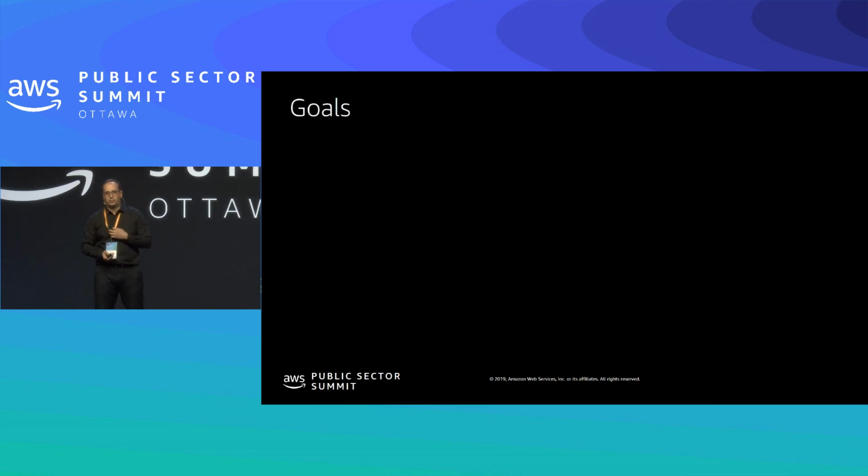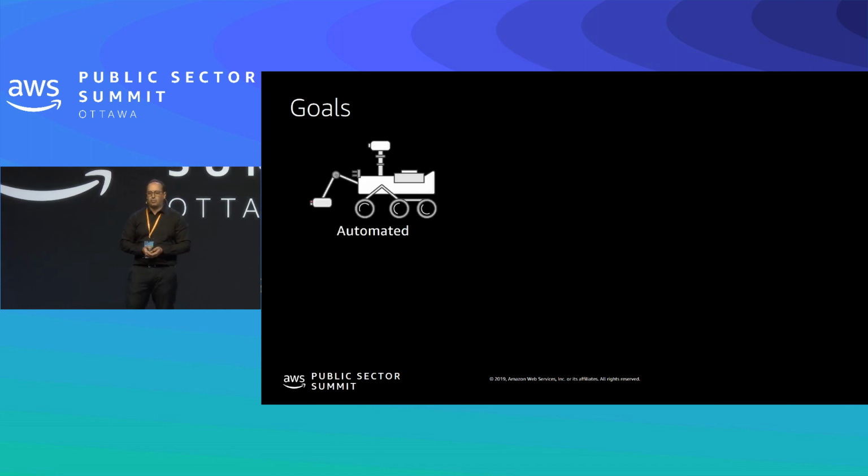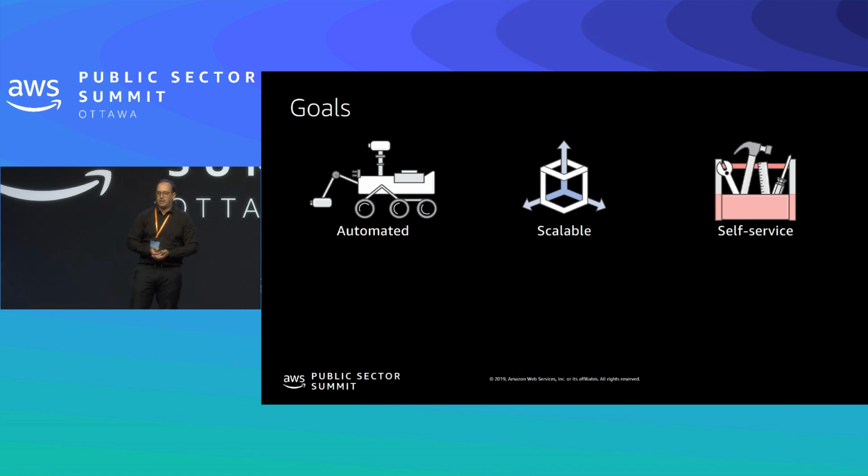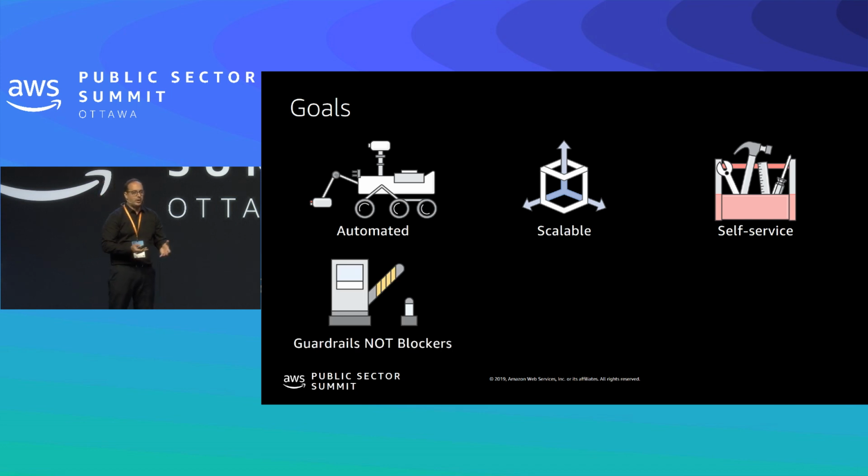So we want some goals. How can we improve, and what do we want in a multi-account strategy? Well, we want automation. We want to be able to create AWS accounts in an automated way. And we want it to be scalable, whether it's 5 accounts, 10 accounts, or 100 accounts. We want to have the scalability and automation to support that. Is it possible to have a self-service approach to offload the pressure from Bob? We want guardrails and not blockers. So when we have our security governance, we don't necessarily want to just stop developers from working. We want to enable the guardrails so they're able to work within the rules that we define.